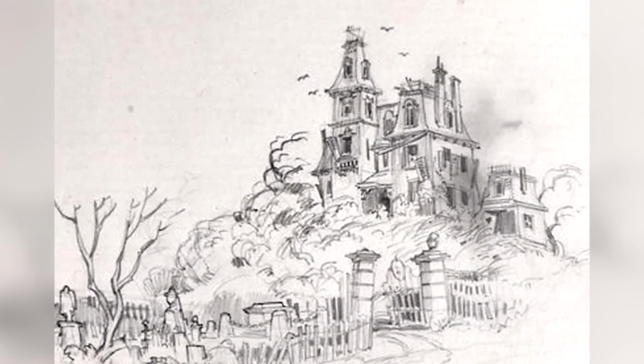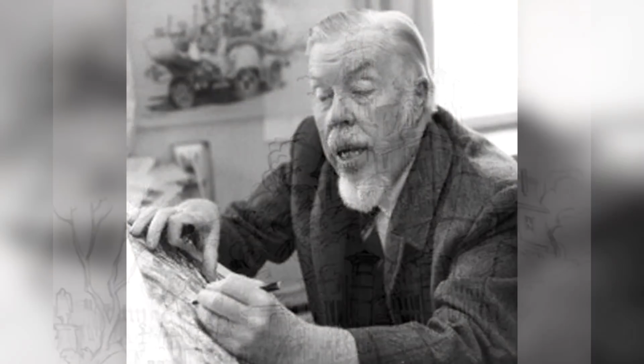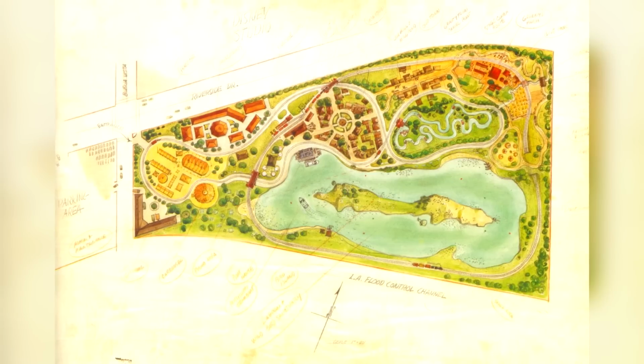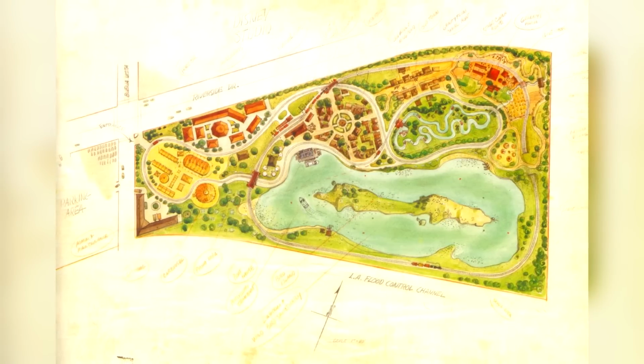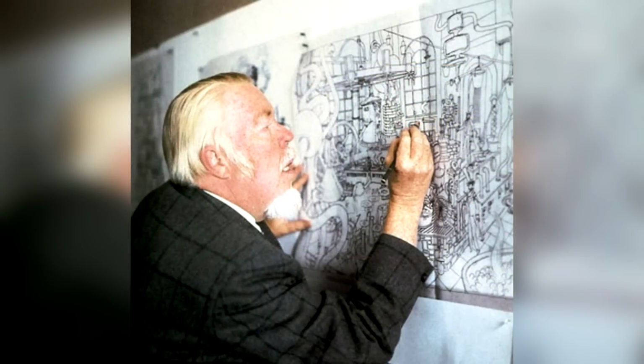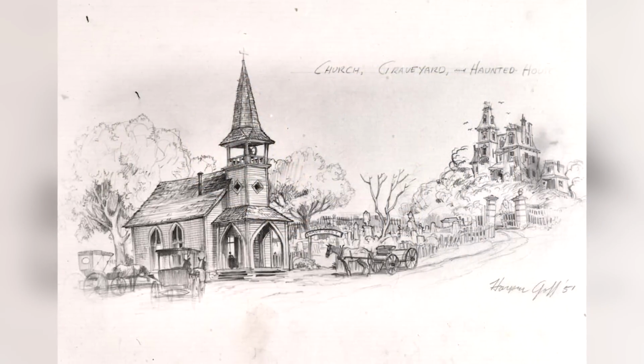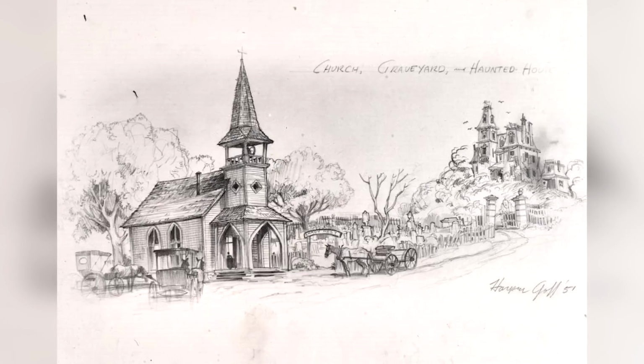The earliest version of what we know as the Haunted Mansion can be traced all the way back to 1951, with the drawing done by Disney artist Harper Goff. This was back in the days before Disneyland even existed as an idea, when Walt was interested in opening a smaller Mickey Mouse park across the street from his studio in Burbank, some of the first sketches of which were done by Goff. The first piece of concept art involved a church, graveyard, and creepy old house on a hill